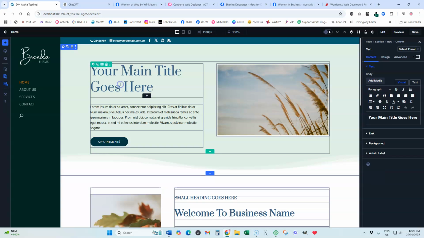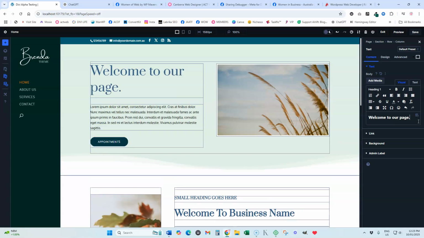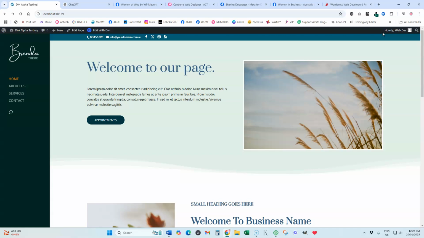Even if you want to edit text, you can click within there where the text is and you can edit the main heading. Let's type in welcome to our page, for instance. It's all in lowercase. And you see to save you have to just go up to the top of the page, basically here, save the page, and then you can preview it, you can exit this way, and now you've